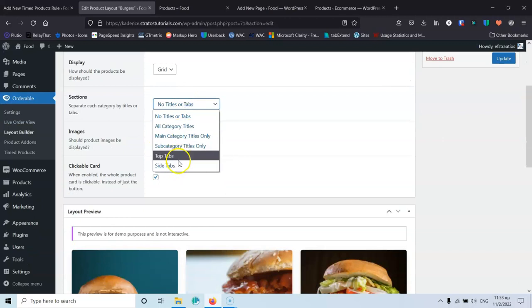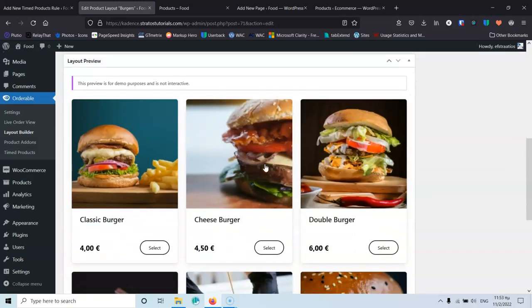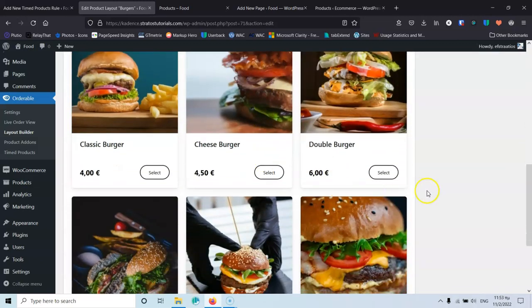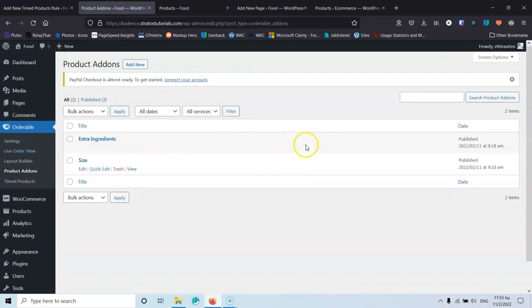If I go to select tabs, then make them sticky in the front end. If I go and select the site or tab, make them sticky in order to be better looking in the front end. Inside the product add-ons, add here another column and say that those add-ons are assigned with these products